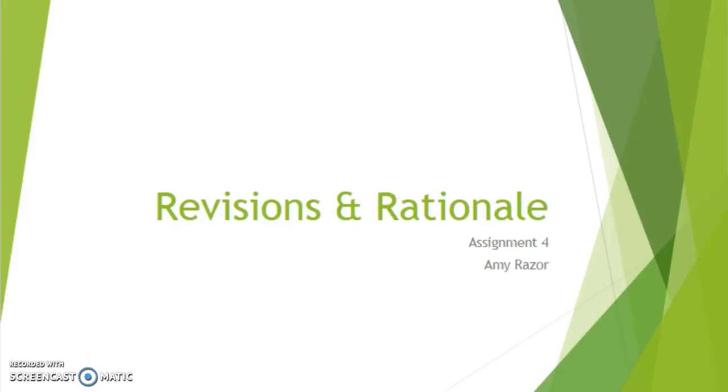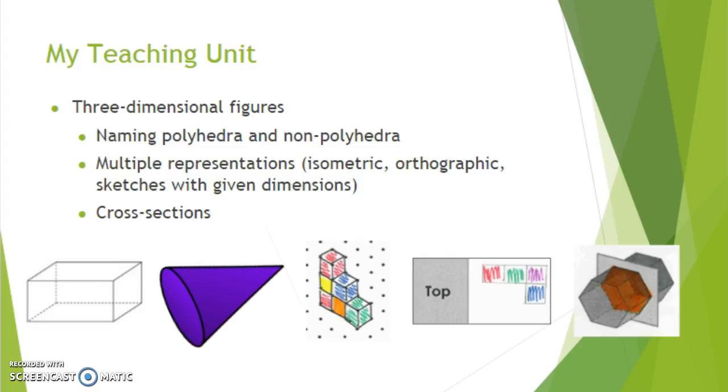My name is Amy Reeser, and this is my assignment 4, Revisions and Rationale for my teaching unit. I teach geometry in Olathe, Kansas, and this year I teach mostly sophomores, but I do have a few juniors in the mix. My goals for my teaching unit were about three-dimensional figures and naming three-dimensional shapes, which can be